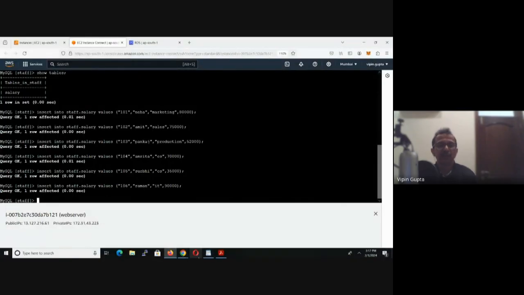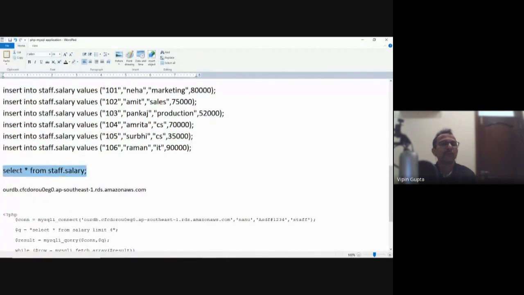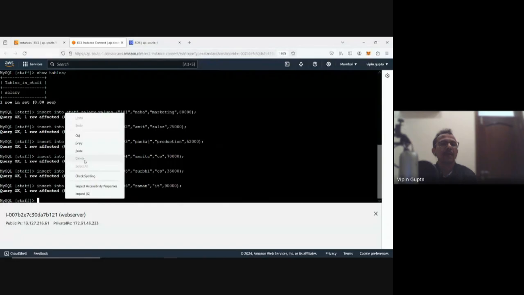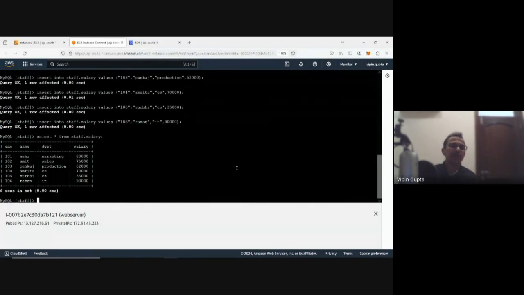Then if you want to check, what we can do, copy, although this is a very raw method. Generally, you create a data.sql file, and you can just import that file. Now what we are going to do, we are going to say quit,